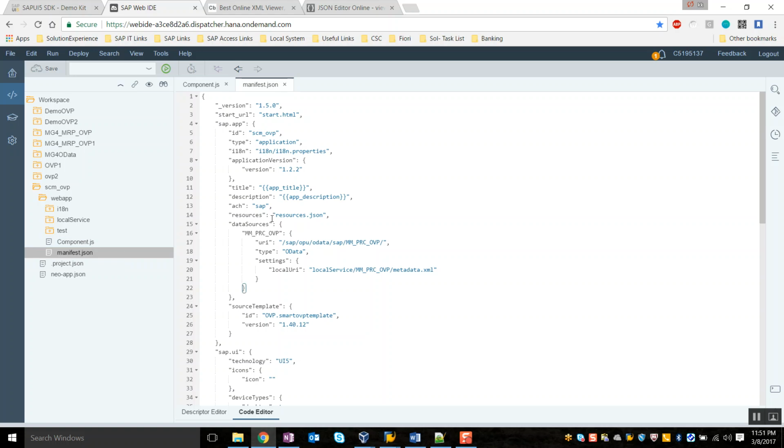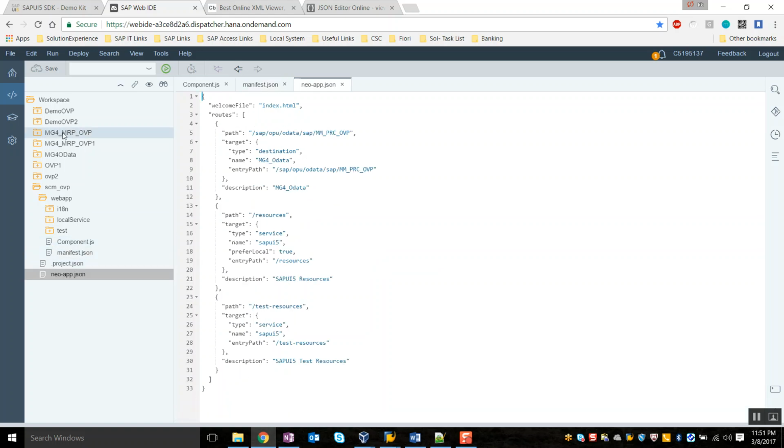So before I go and do any further modification, there are a couple of settings that I wanted to do, because whenever we have chosen our service from the service catalog, what the IDE does is it is going to provide you an access path to that particular service alone. But here, apart from that particular service, we are also having the necessity to read the other services as well. So what I will do is I will extend this path to access all these OData services. So I'm just modifying this path,